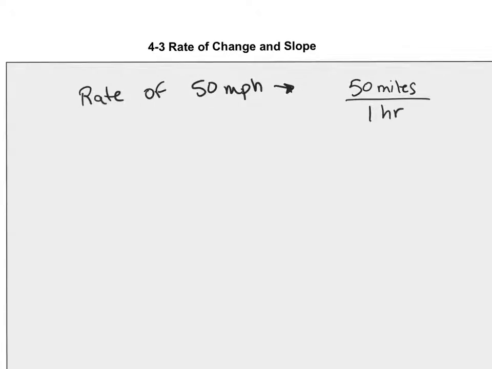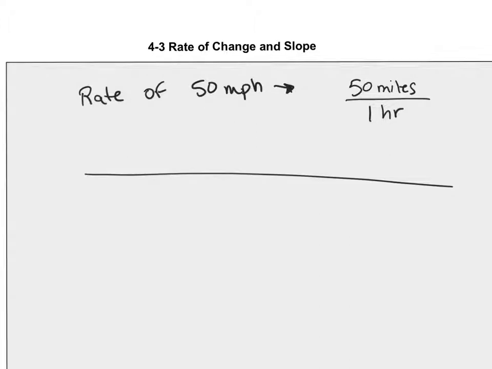linear functions. So the first thing that I would like for you to consider is the idea of rate of change. We know, for example, that if you are traveling at a rate of 50 miles per hour, let's say, what this is representing is 50 miles being traveled in 1 hour. We understand the idea of rate as a comparison of two different units, such as miles and hours. And if we were to track